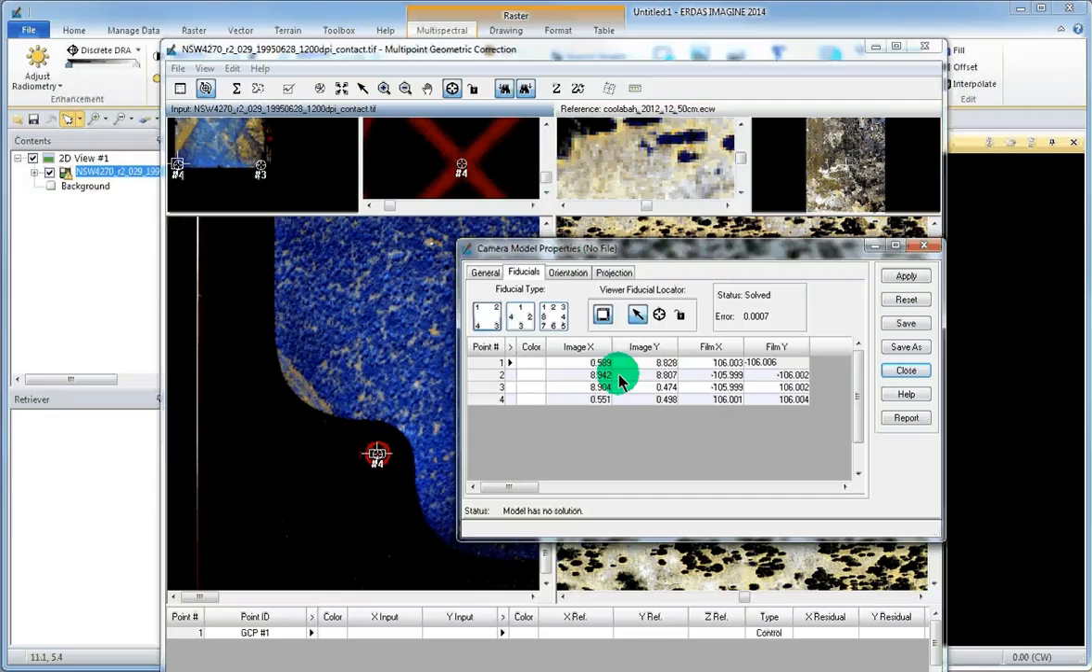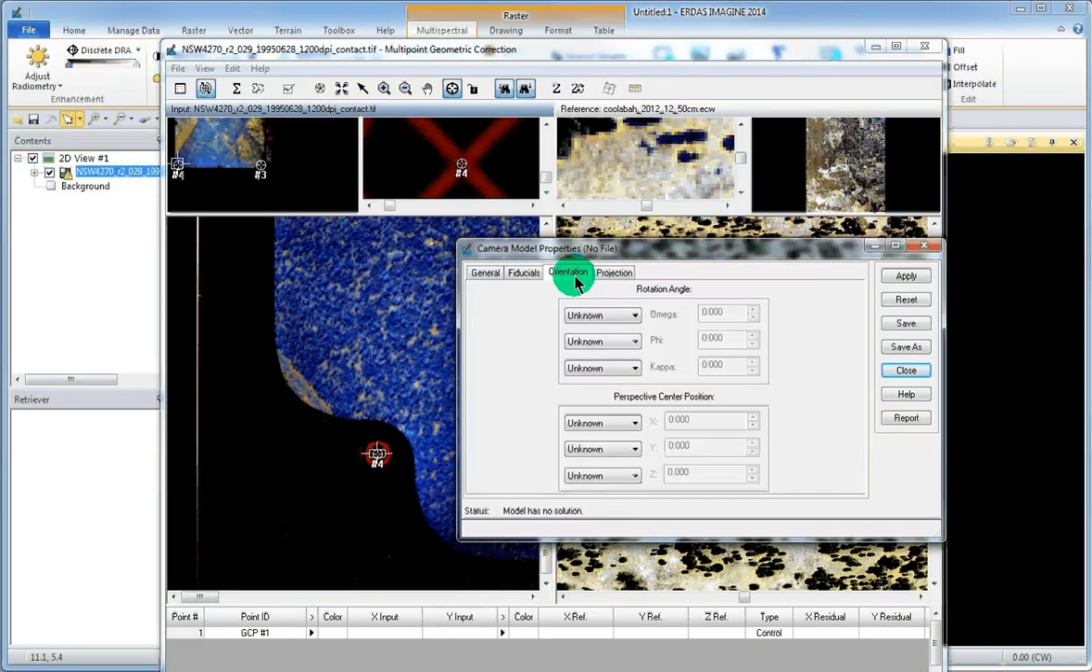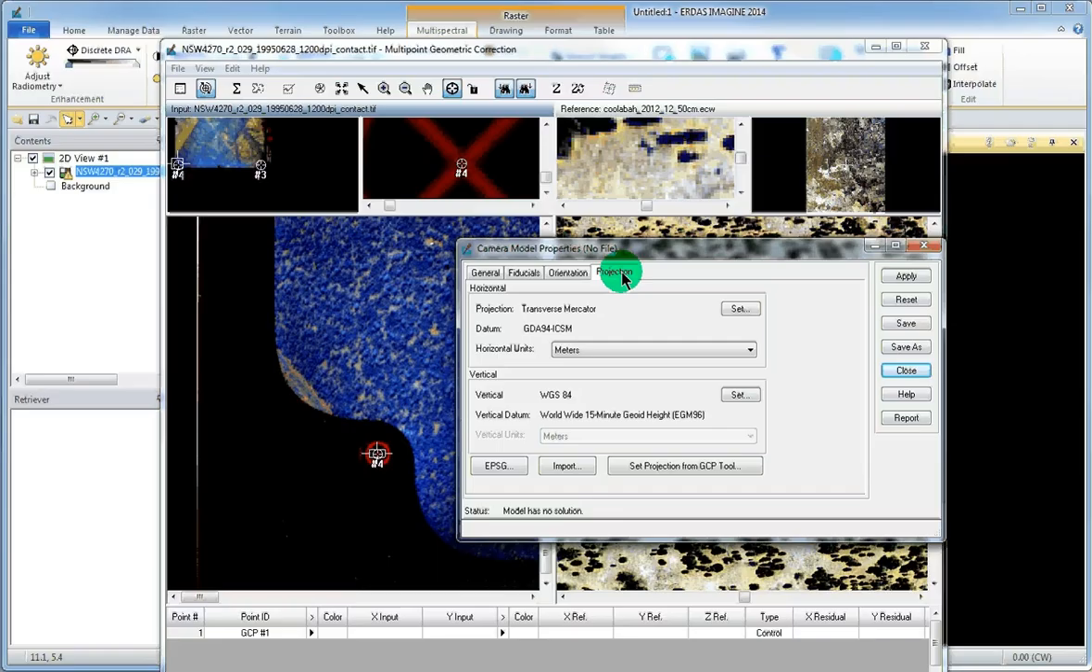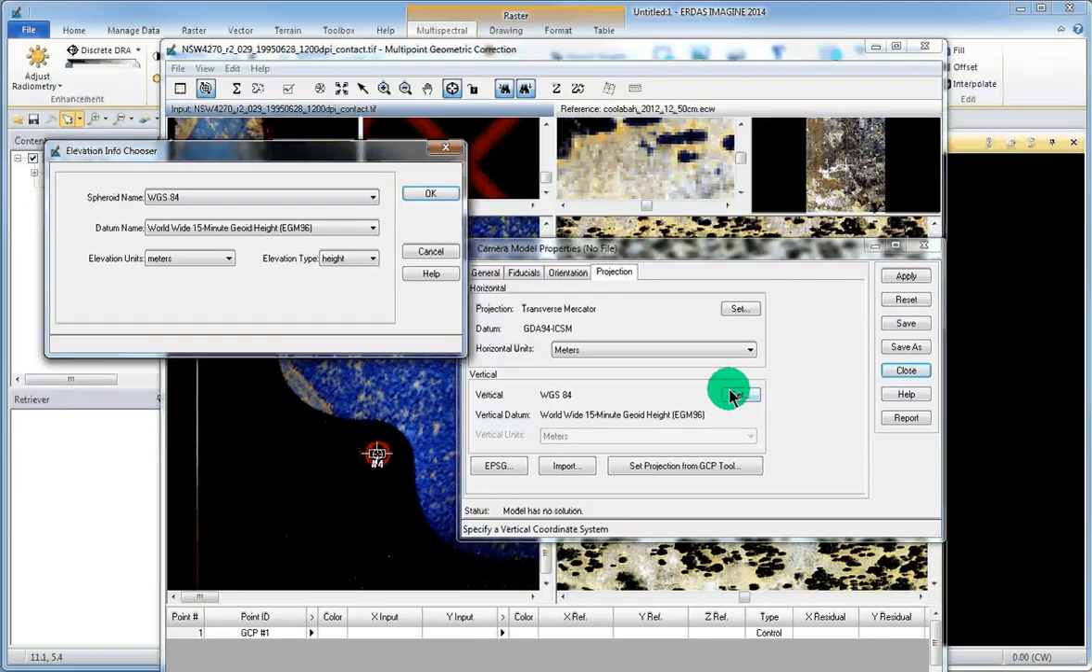Now this image was actually thrown from west to east, so we need to set kappa to 180, which is also in our saved information on the network, and we need to make sure our projection is correct. In this case we have GDA 94 ICSM for the horizontal projection, and the vertical coordinate is WGS 84 and the worldwide height. So we'll set the vertical coordinate to a